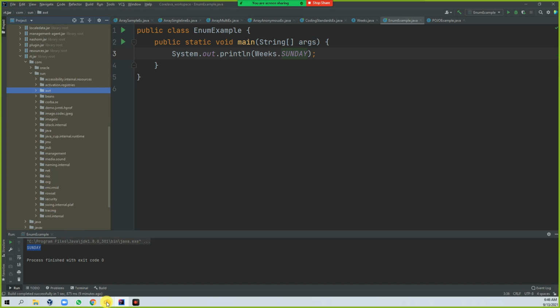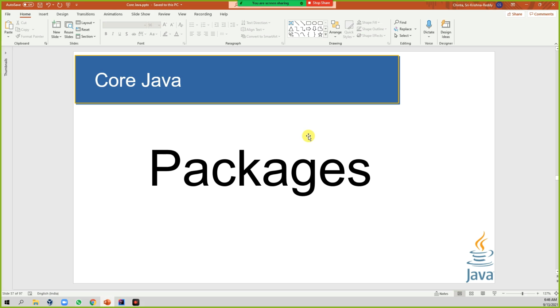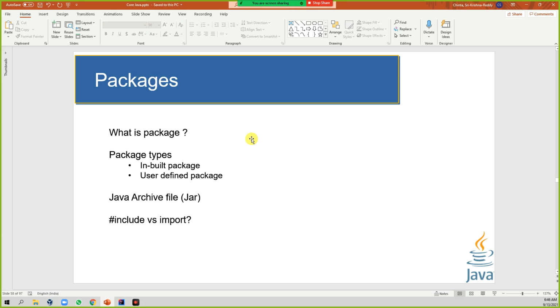There are different kinds of packages. Here we can see two kinds: one is built-in packages, and another is user-defined packages. Built-in packages are given by whoever is offering the service. Let's take this software is given by Java, from Sun Microsystems at the beginning, and after that Oracle is giving it.